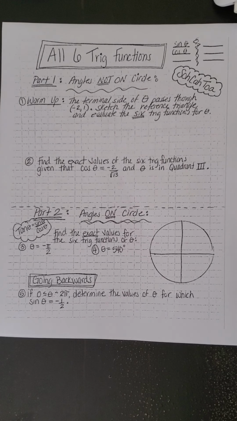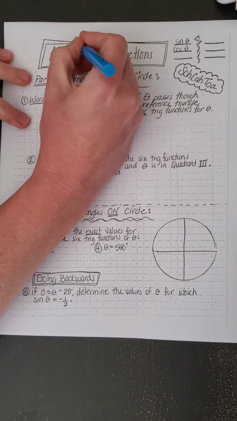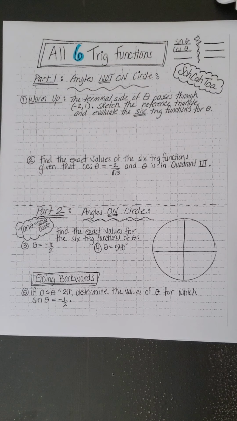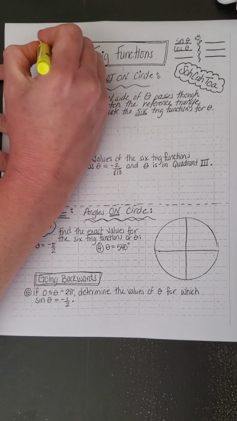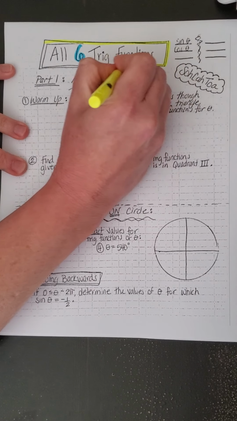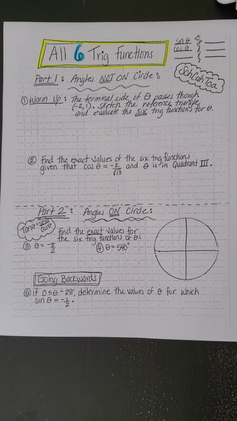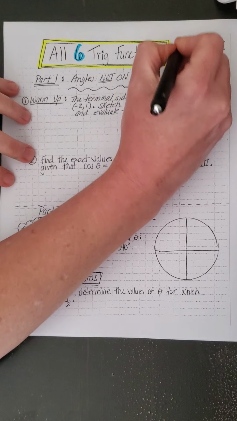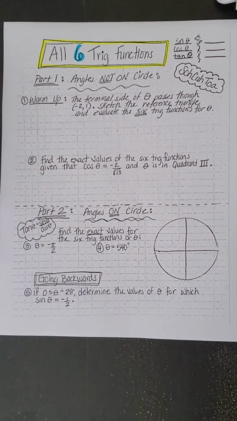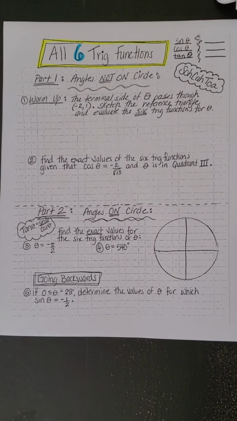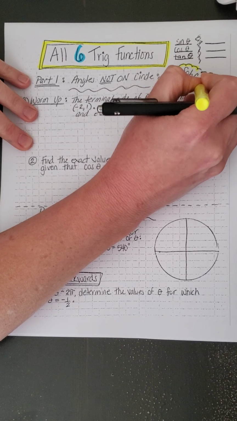Okay. All right, so all 6 trig functions. Up until now, again, we've had our 3 trig functions. Our 3 trig functions are sine, cosine, and tangent, and they're giving them to us off to the side. So let's go ahead and fill in the missing ones here. So we've got sine, cosine, and tangent of theta, right? And so this little saying, SOHCAHTOA, helps us to remember